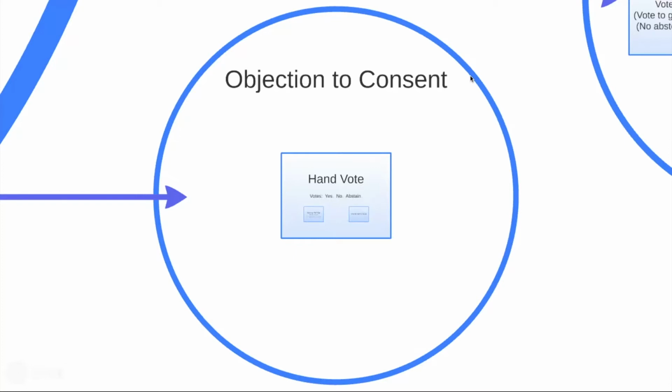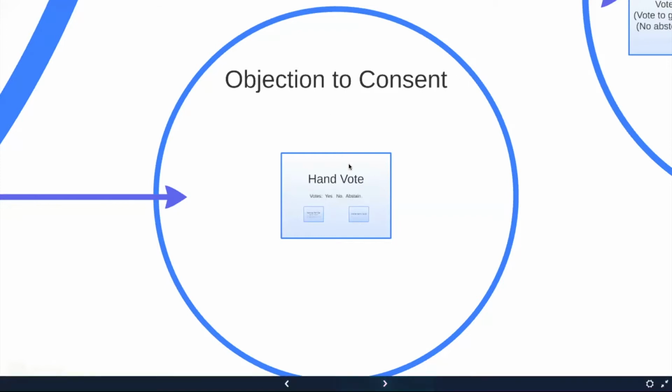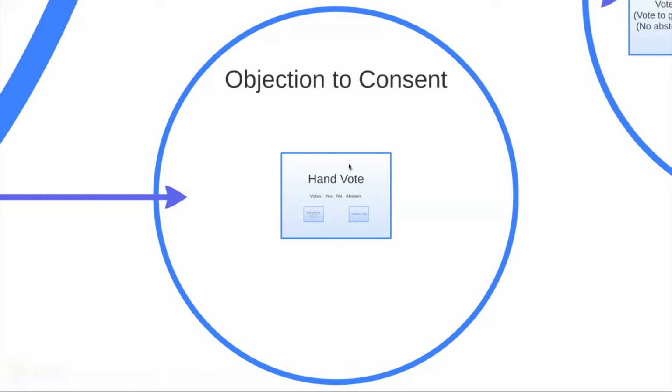And so this can sometimes be confusing, as you can imagine, with the objection to call to question phrase being really close by. So sometimes you may hear your chair, or you as a chair may ask, are you objecting to call the question, or are you objecting to consent? That'll help folks figure out what objection is taking place. But if you want to vote no on a resolution, on an expenditure, on any motion, for a variety of reasons,